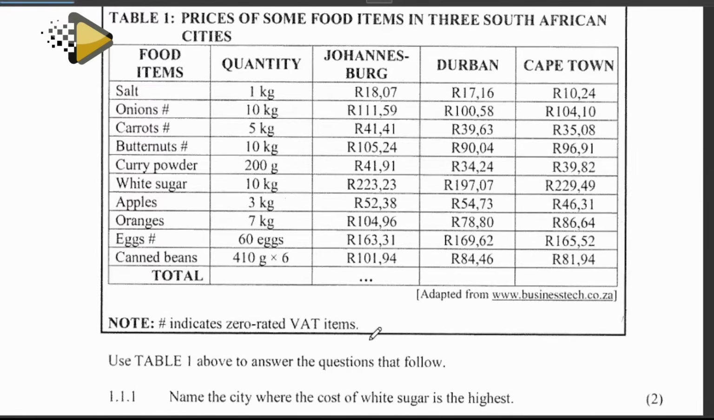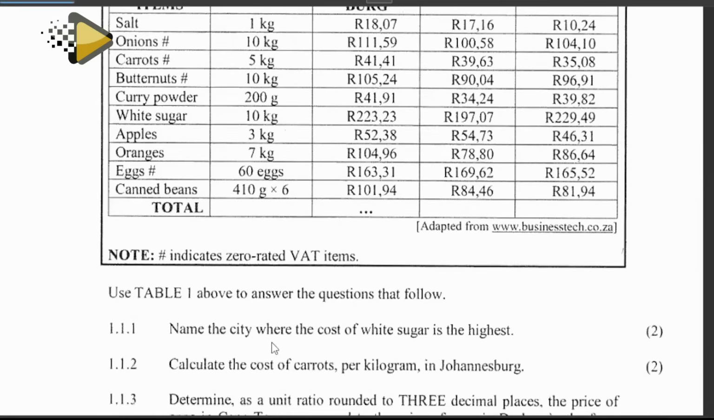Now, the first question that we have there says, name the city where the cost of white sugar is the highest. First, look for the white sugar. White sugar is here. These are quantities. These are the costs for the cities. So where